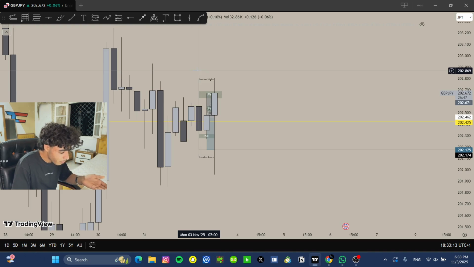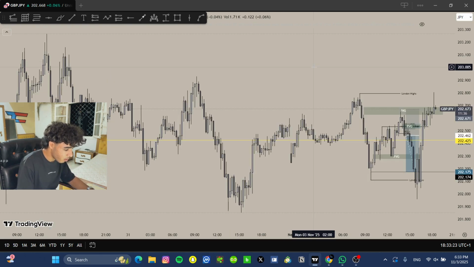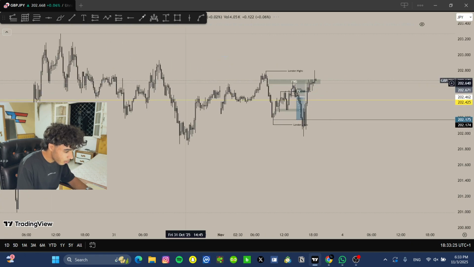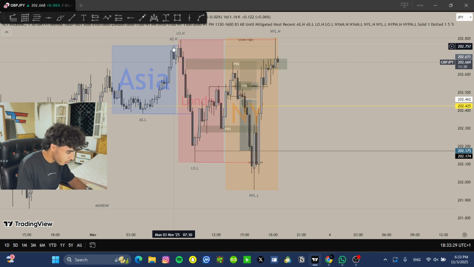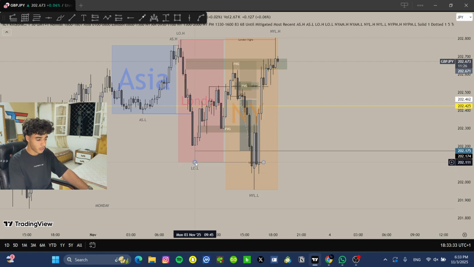My higher time frame key levels, at those highs and at those lows. Those are the 4-hour lows, those are the 4-hour highs. And if we scale into the time frame, you can see that those are the Asian session highs that got taken out at London session. Those are the London session highs, and those are the London session lows. And that was my point of interest in the first place.